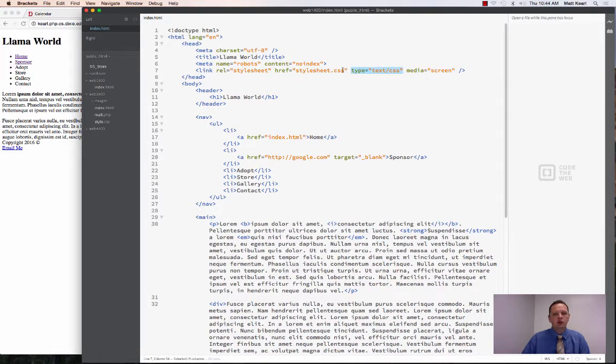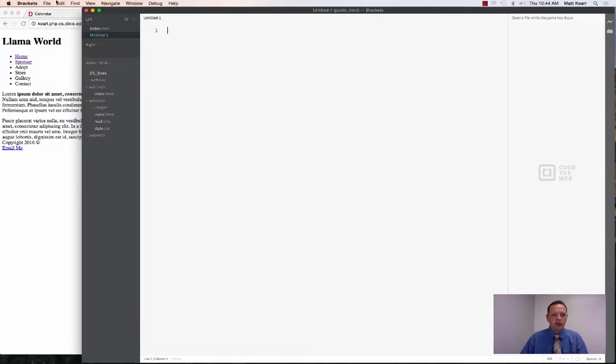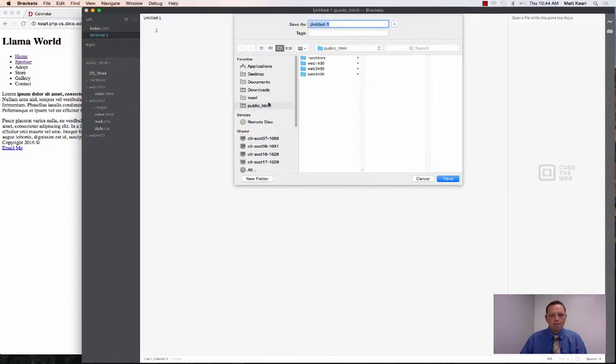Type is a good thing to do. The two required elements are these two right here. But that line right there is what's going to link this external style sheet into our file. So from here we want to create a new file, so we're going to go to New, and I'm going to do a Save As, and I'm going to put it inside of the same directory, and I'm going to call it again